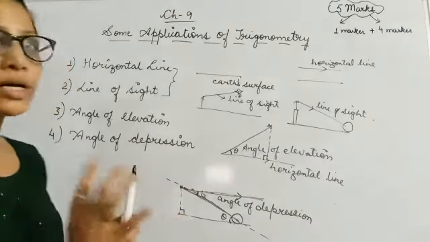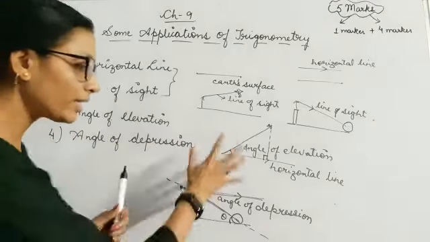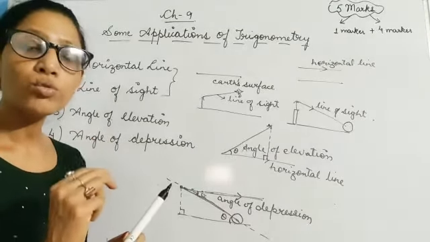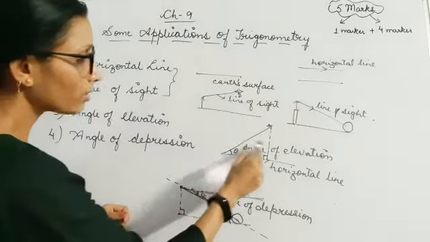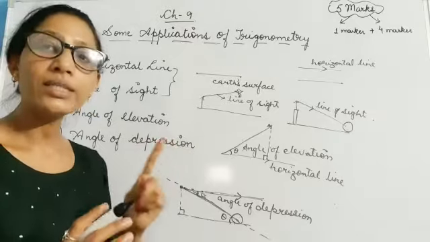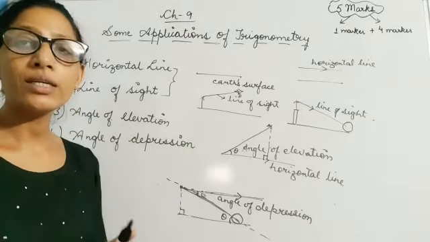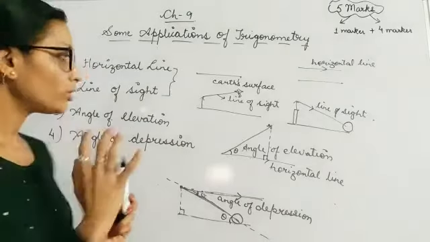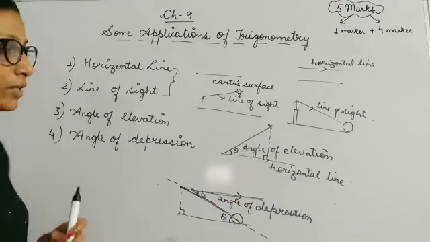So wherever you are doing the questions of application of trigonometry, then you have to create a right angle triangle, and then you will be taking the ratios of two sides in which one is known to you and other is you want to find out. So here, out of these three, you will always be taking those two sides in which one side is that which you want to calculate and the other side will be given in the question. We'll see in the questions of this chapter how we can apply this trick. You just note down these terminologies and the angle of elevation and angle of depression concept here.